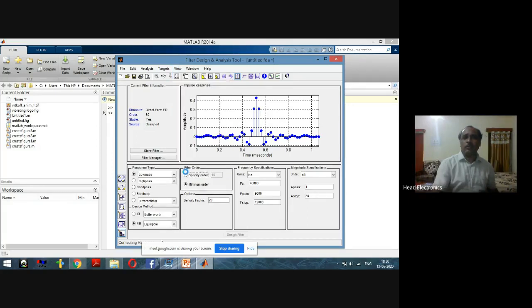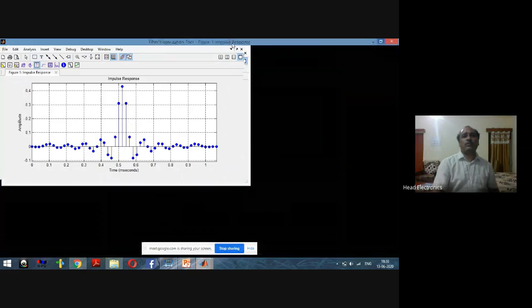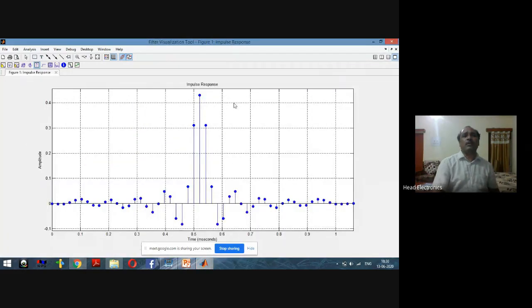For example, suppose we select the filter visualization tool. Then in the tool we will find this type of response. This is the impulse response of the filter. Now from this filter visualization tool, we can select edit. We can edit this filter.